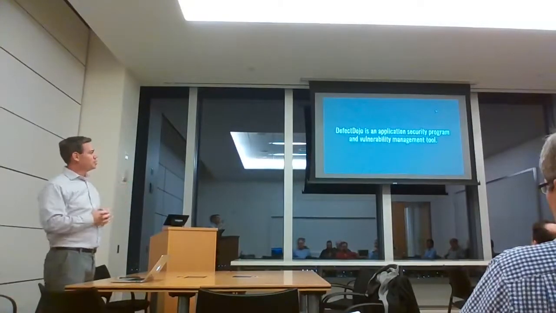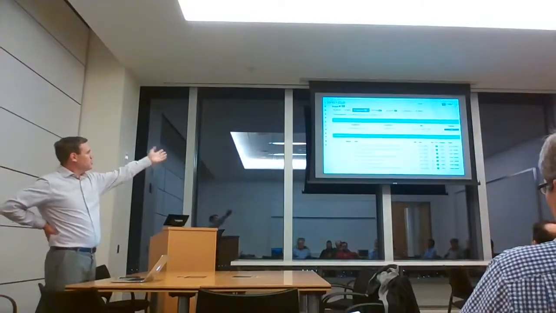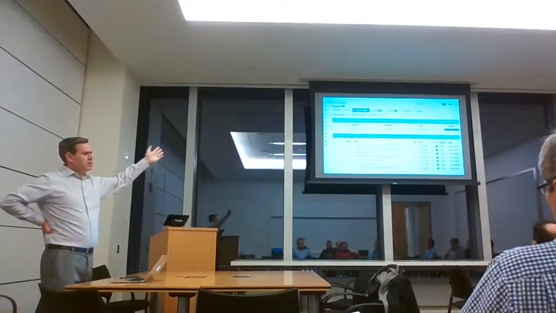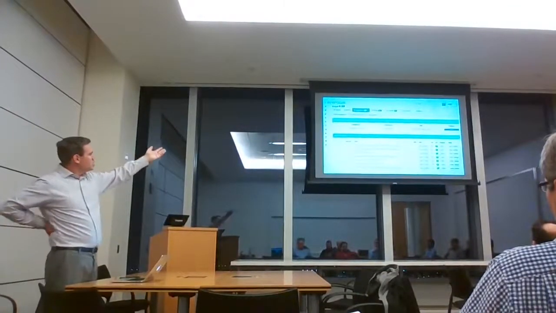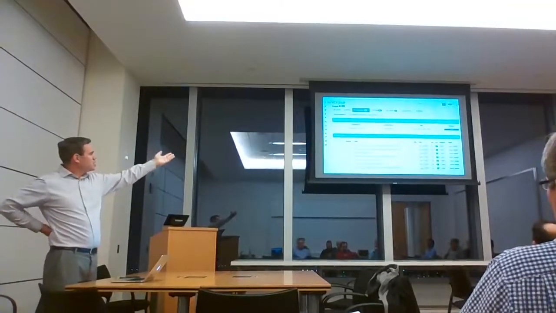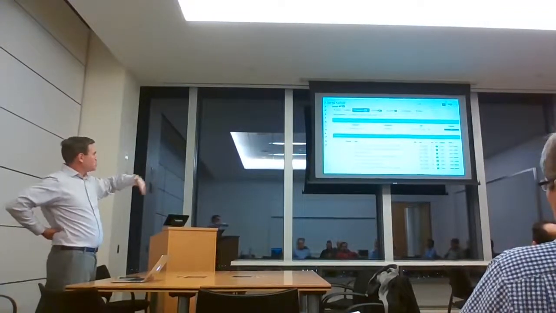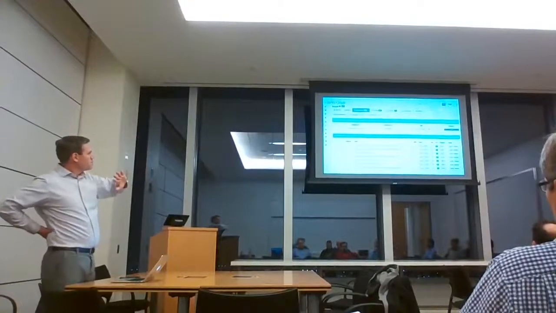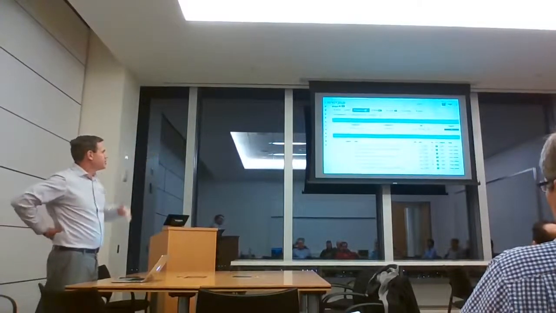Now, this is a screenshot. If you're familiar with Budget, it's an application that's been written to be insecure. Here you're seeing a baseline security test. It shows all the vulnerabilities and their age, helps you triage them, and gives you application security scores.